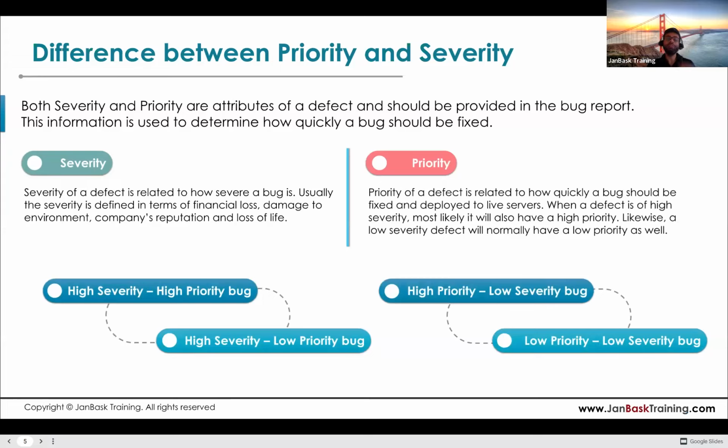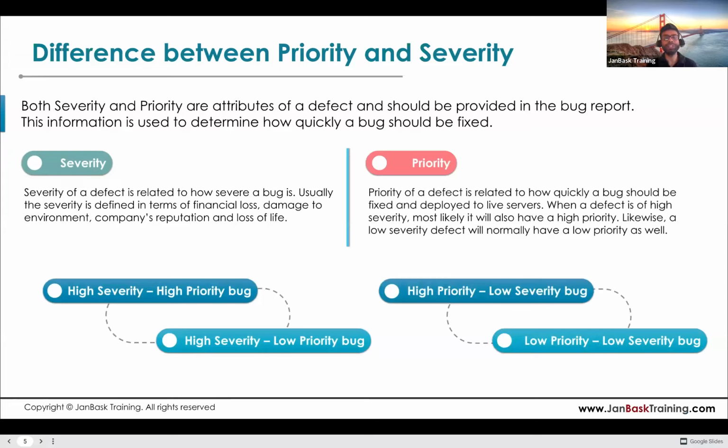Whenever you get bugs, you normally log them using a particular tool so that the developers can take a look, see the details of the bug, and then fix it. Whenever you log a bug, you need to mention the priority and the severity of the bug there. So this is a very important aspect, and you need to understand it very well. It is very important from the interview point of view as well. This will be asked in the interview,